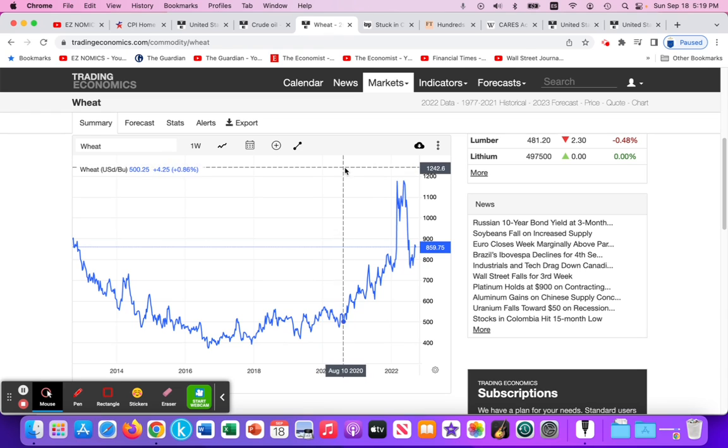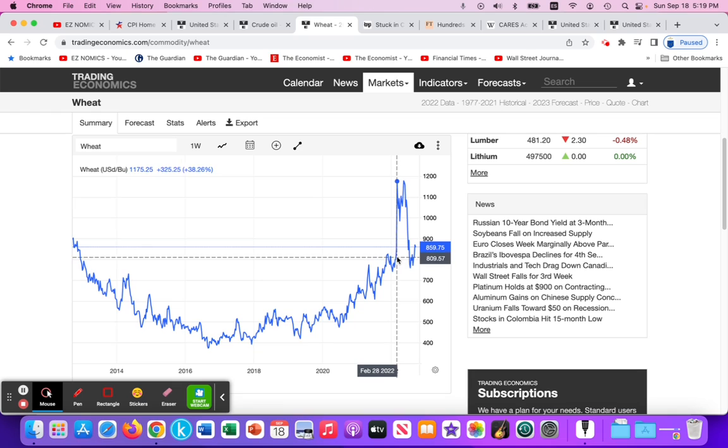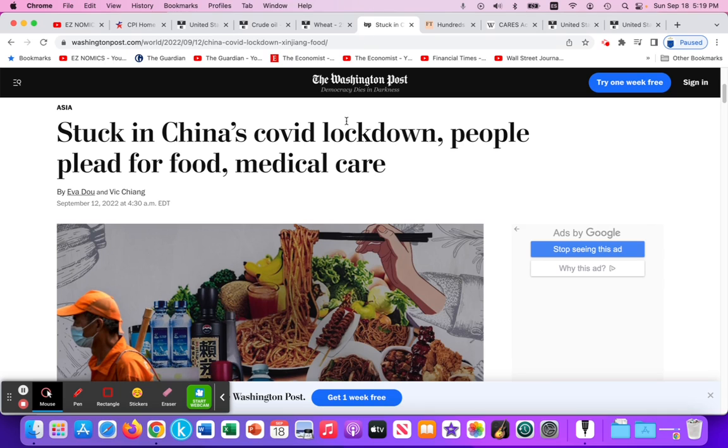Wheat prices, we also see rising. Here's the impact of the Russian-Ukrainian war, restrictions in the ability of Ukraine to export its cereal grains like wheat. So wheat prices spiking upwards, and that leading to rising global prices for any foods that use wheat as a key input. All right, and then we have also some supply shocks caused by China continuing to lock down cities